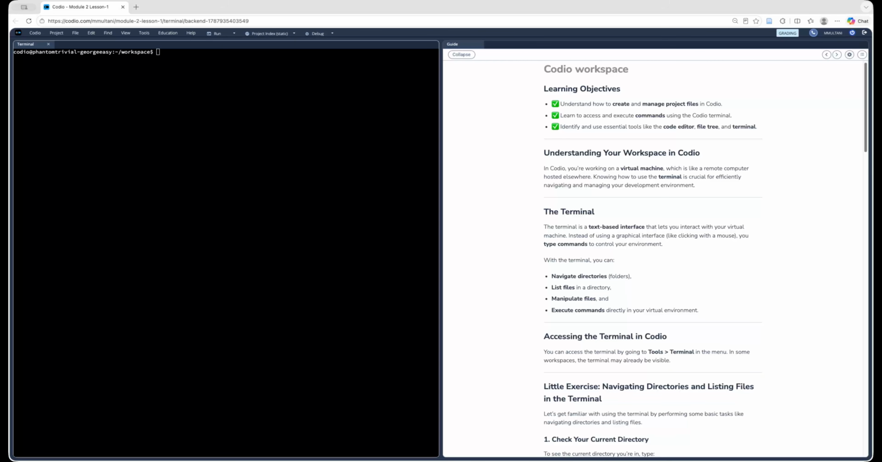In this section, we are going to become more familiar with the Codio workspace and in particular with the terminal because we use that a lot when we are trying to manipulate different files in Python and in Codio. When you are coding in Codio, you are actually working on a virtual machine, and that is similar to a remote computer that is hosted elsewhere. Because of this, it's important to understand how to work with the terminal and how to move around the Codio